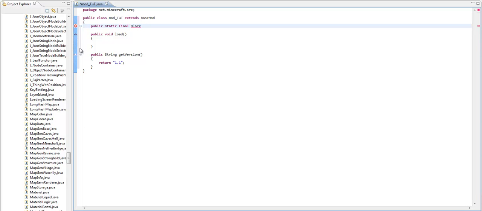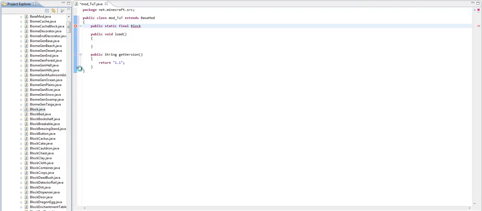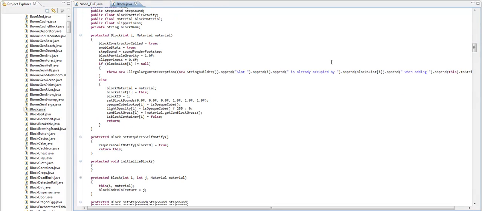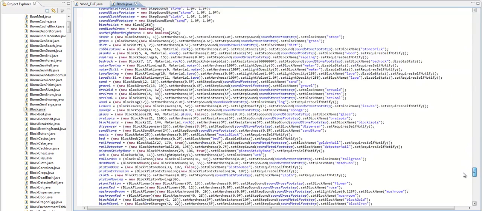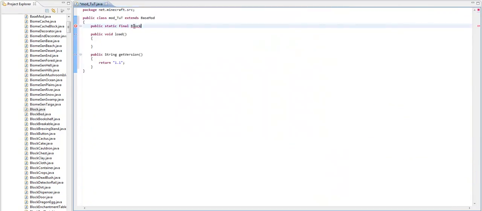So we are making a new block, so the type block, which is this class here, which has all the blocks in it if you scroll down. And then the name of your block, so we're going to call it tutBlock. With Minecraft, it normally has the first word lowercase and the second word capital, and then that is going to be equal to a new block, and then you do the brackets, then dot setBlockName,